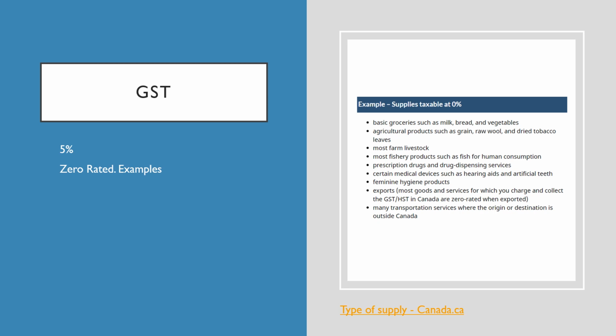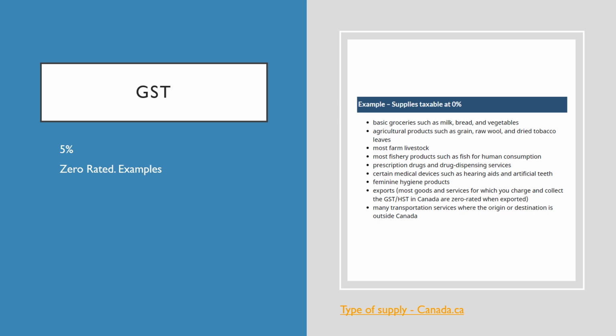So GST doesn't have to be paid on basic groceries such as milk, bread, and vegetables when you are importing this type of goods, on agricultural products such as grain, raw wool, and dried tobacco leaves, most farm livestock, and most fishery products such as fish for human consumption, prescription drugs and drug dispensing services, certain medical devices such as hearing aids and artificial teeth,